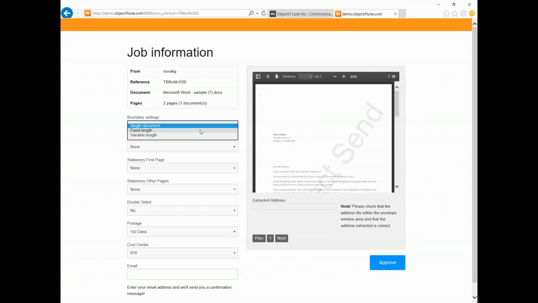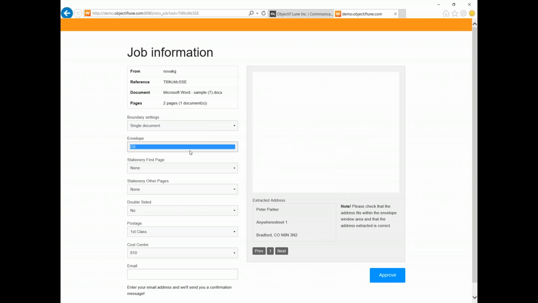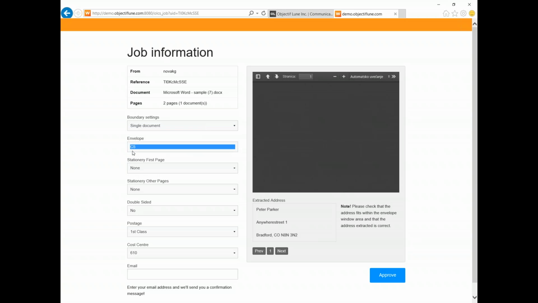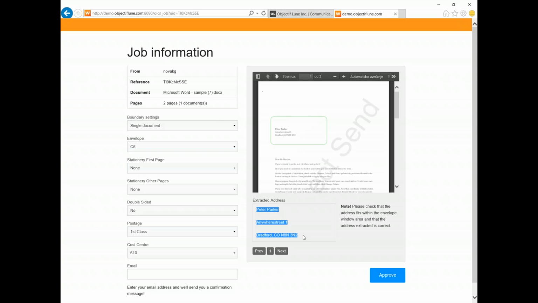So basically, some of the settings which are available in this demo is if we're talking about a single document, fixed length document, variable, if we want an envelope used on this document. When I say yes, I need an envelope C5, what is going to happen is it's going to show where the envelope window is, so we can see if that's correct. But also, we get an extraction for the address which we used on the document. So this literally became metadata, which can be used for any other system,